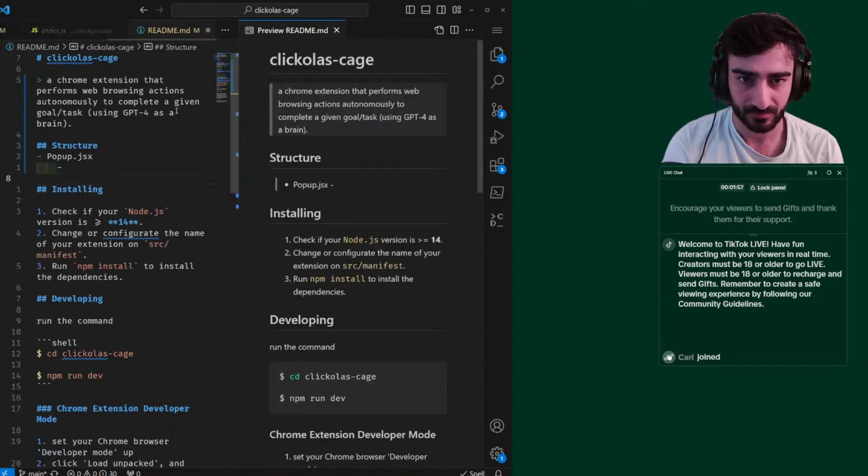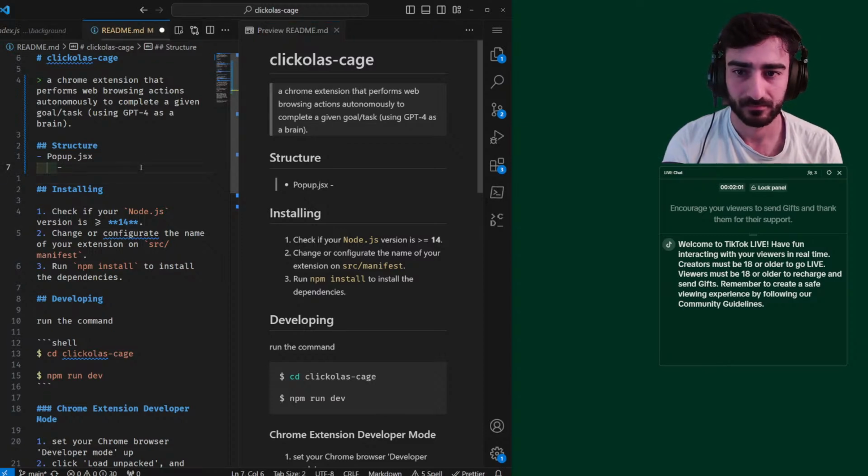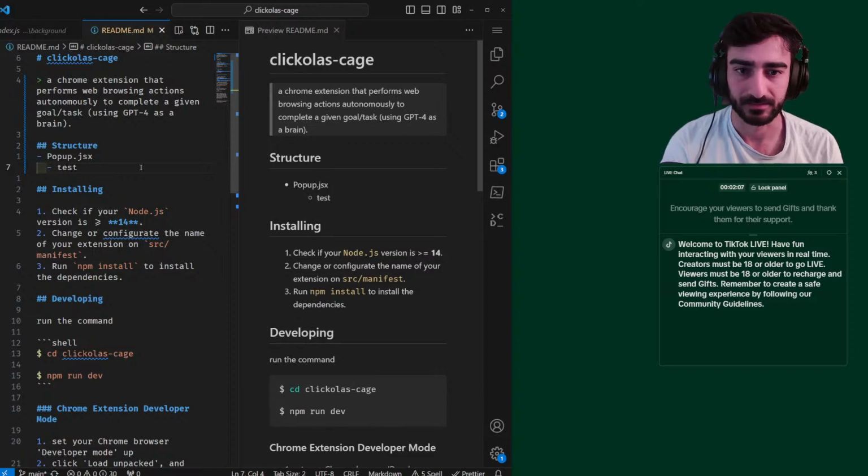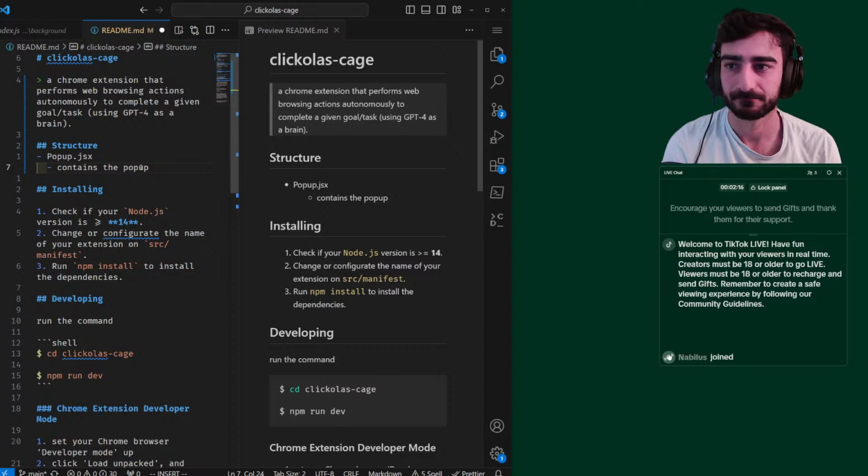How do I get the markup? Here we go. Test. Okay, not like that. Oh, like this. Okay. Popup contains the popup shown when the